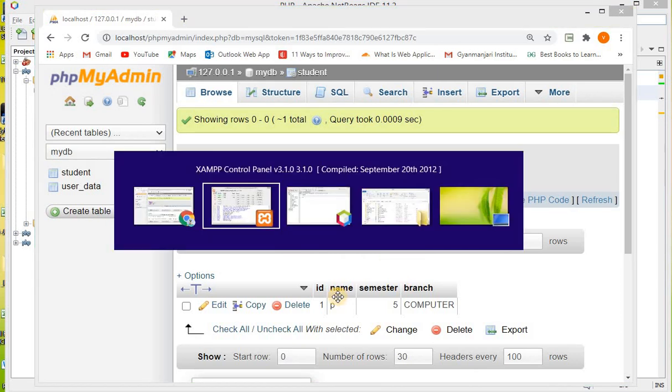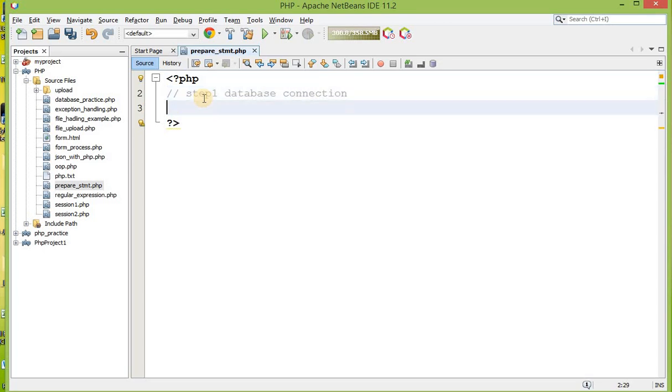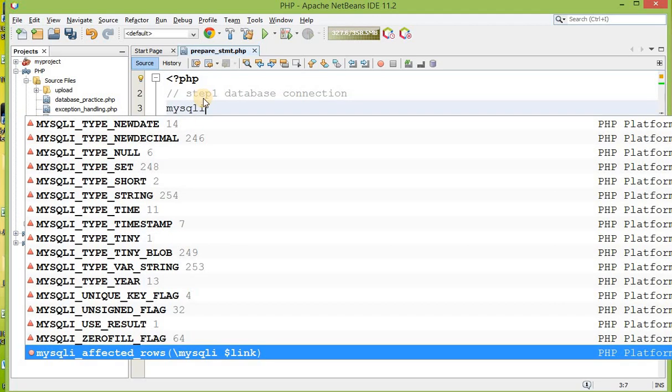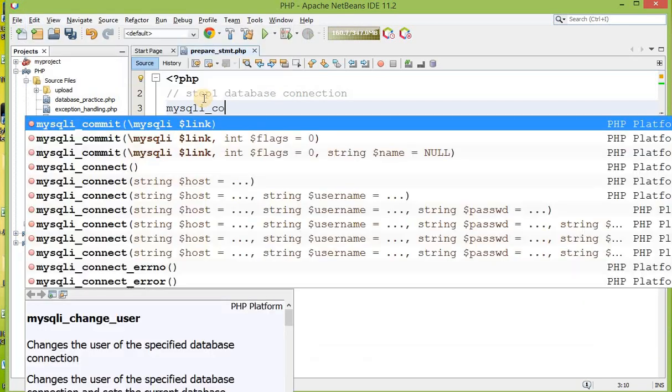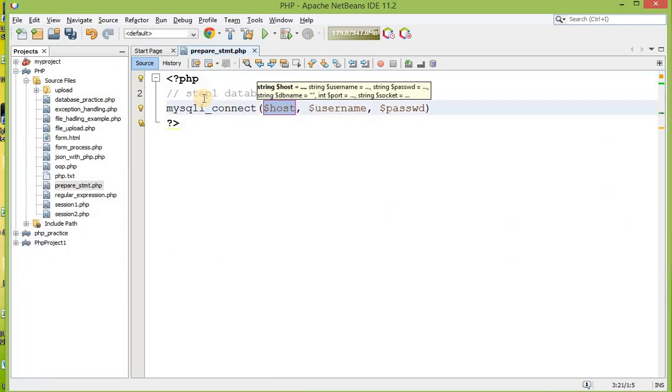Now just switch to this portion. The first thing you have to do is the database connection. So step 1, database connection. Over here what you have to do is call mysqli_connect. In this function, the first parameter is the name of your host, that is localhost.